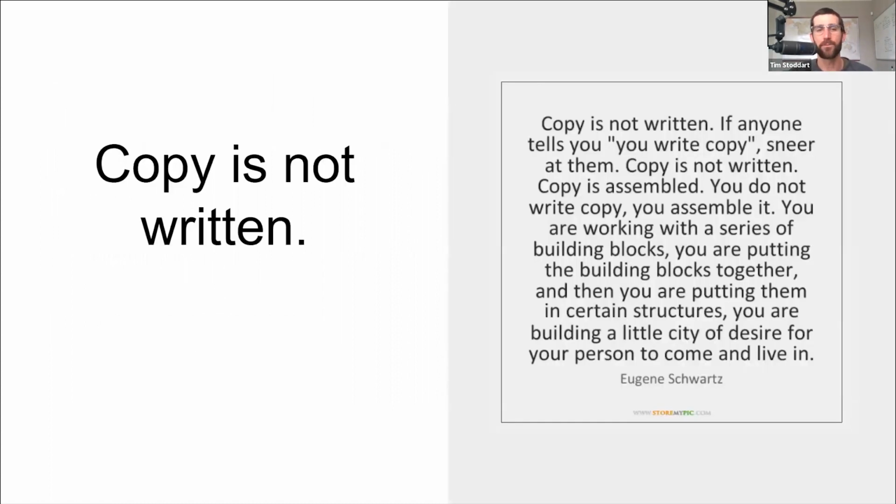Copy is not written. This is a great, great quote by Eugene Schwartz. And I have put the quote here, which I'm just going to read out to you in full, because once you understand this aspect of putting your sales pages together, suddenly all the possibilities open up to you. At least I hope that they're going to open up to you in the same way that they have opened up for me. So to quote the great Eugene Schwartz,